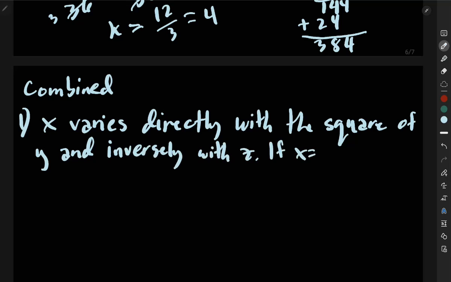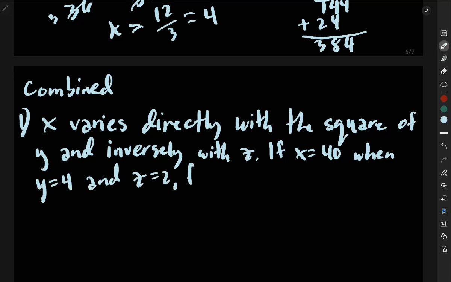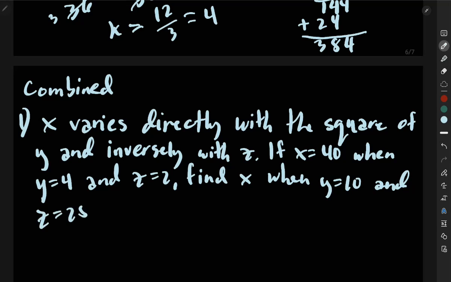If x equals 40 when y equals 4 and z equals 2, find x when y equals 10 and z equals 25. Okay, so this is a combined variation because it varies directly and it also varies inversely